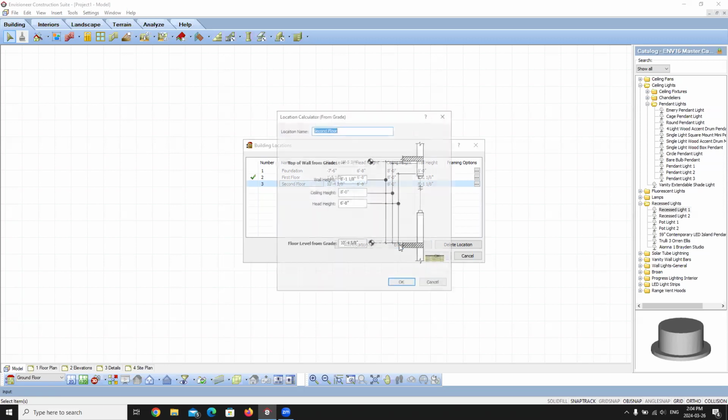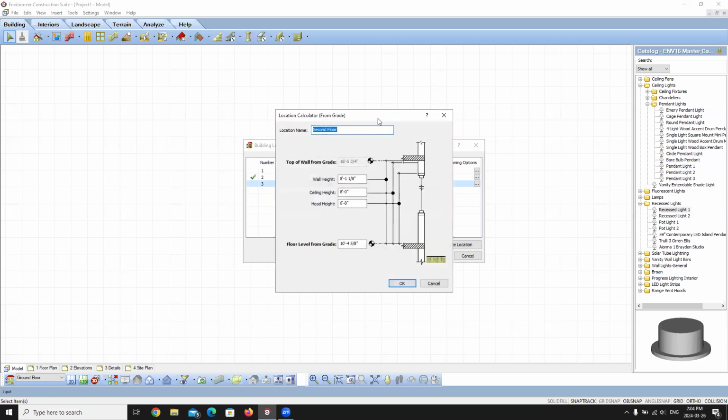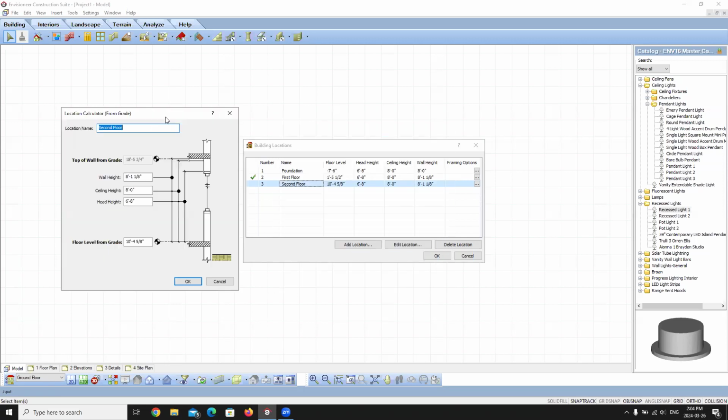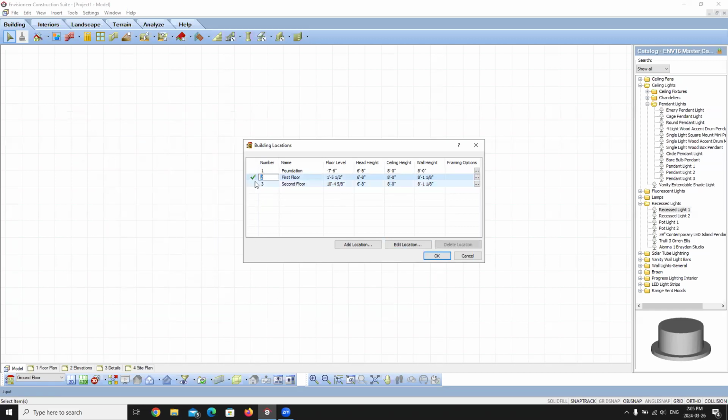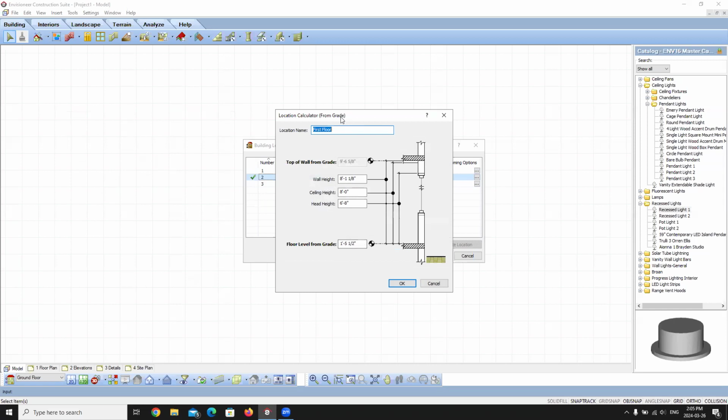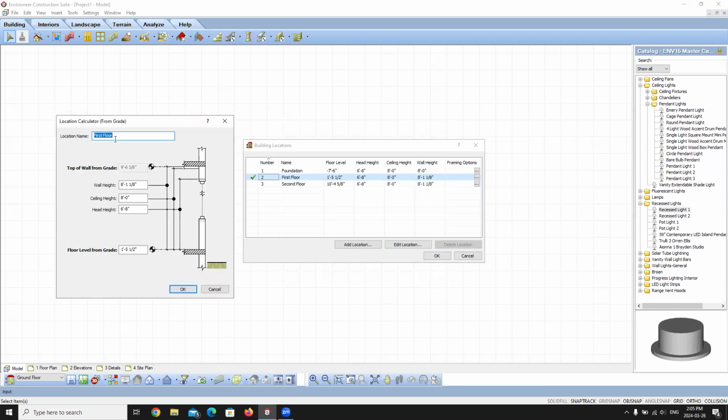I'm going to click on the edit location because I like to have a graphical representation when I am describing the building locations dialog, because the next boxes that we're going to be working with are referring to this diagram. So in the template that we selected, I'm just going to click cancel here and click on the correct location. There we go. And then click edit again. So we are now on the first floor